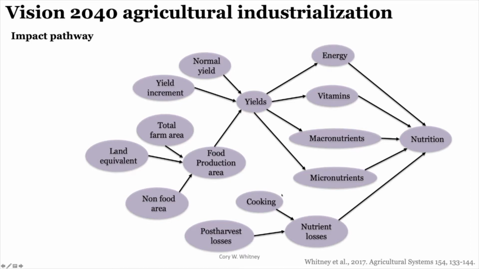And the nutrition that people get from this food that's grown will be subject to nutrient losses through possibly methods of cooking or overcooking, and also post-harvest losses, which are quite common: food rotting before it's able to be consumed. As we talked about before, we could generate this conceptual understanding. This is a simplified version. Of course, these relationships are much more complex.